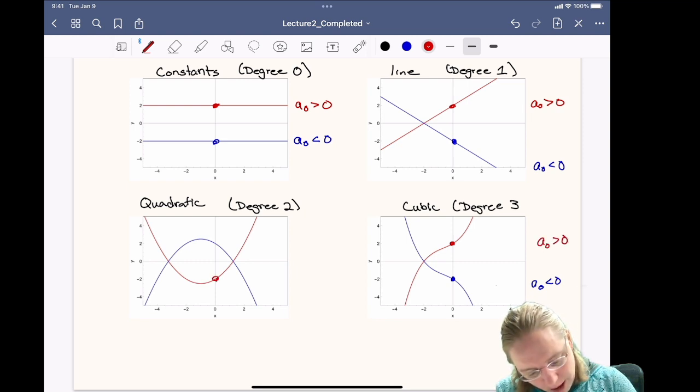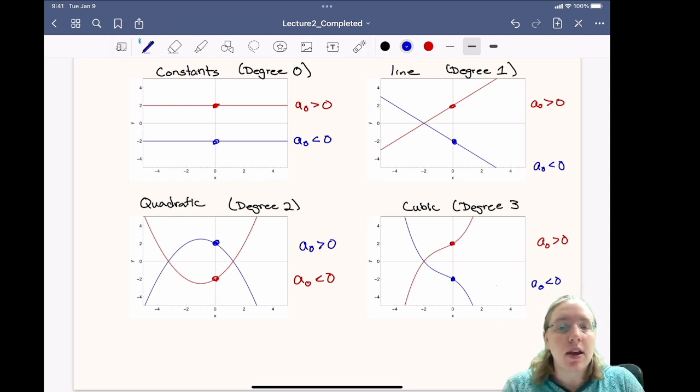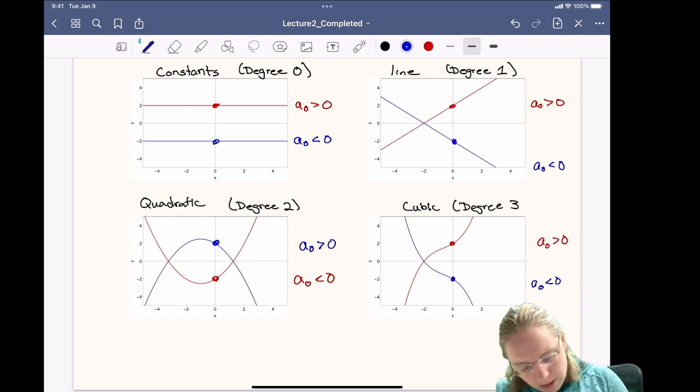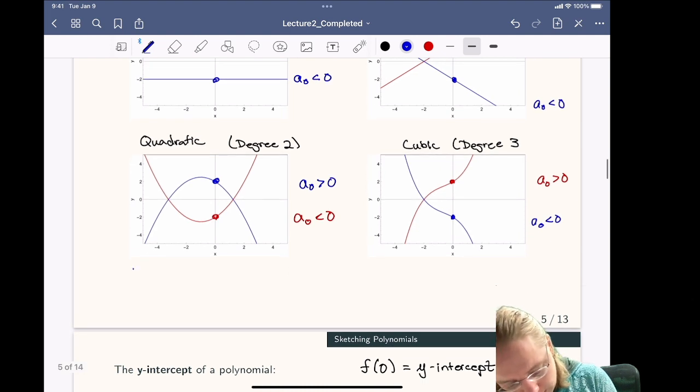Here we actually have the opposite situation where a0 is less than 0 in this case, and a0 is greater than 0 in that case. All right, that's not the only thing we can learn. We also know that if we have a quadratic,